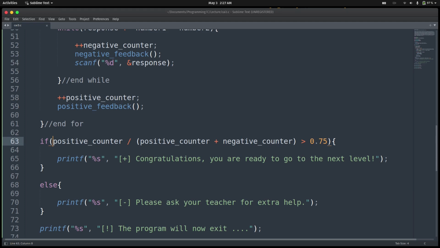So when we divide, say, 5 by 3, we know we have 1 and some remainder. Now we're only going to have 1, so we are not going to get the exact result. So I'm going to perform what we call casting. I'm going to temporarily convert the divisor, positive counter, to a floating point number. This is called casting. At this line number 63, this positive counter, which initially was an integer value,